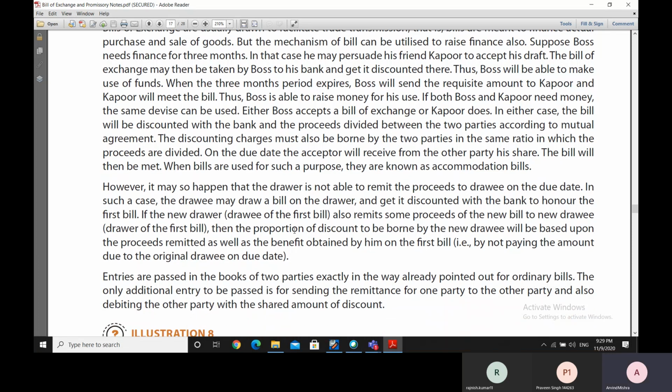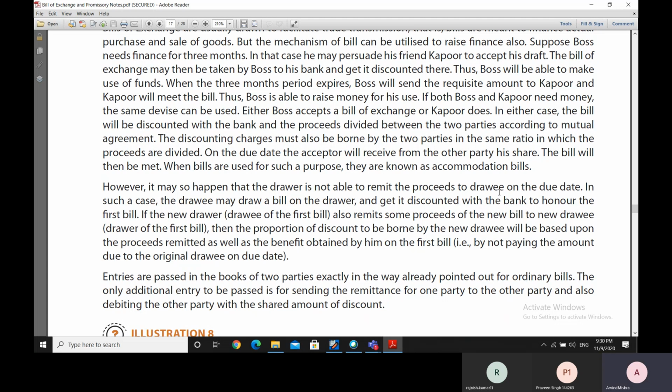So this is a situation where the drawer is not able to remit the proceeds, because if the drawer had remitted the proceeds, the drawee would have used those proceeds to meet the bill. But the drawee is not getting the proceeds from the drawer because the drawer does not have the proceeds. So what the drawee will do, he will make a bill and give it to the drawer. The drawer will accept the bill, and the drawee will take that new bill to the bank and discount it. After discounting, the drawee will receive the proceeds. He will use those proceeds to meet the earlier bill,